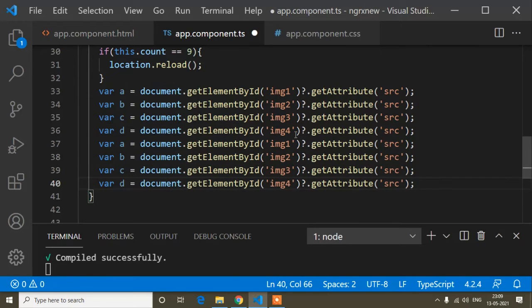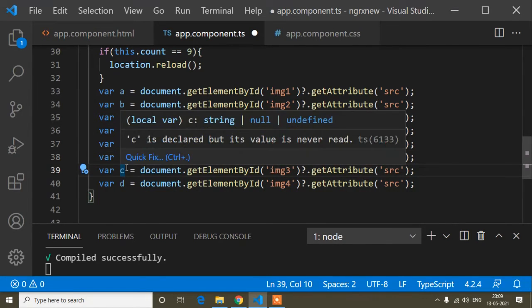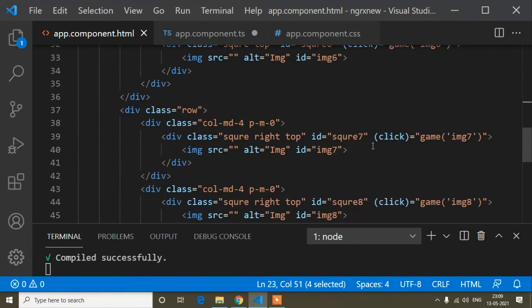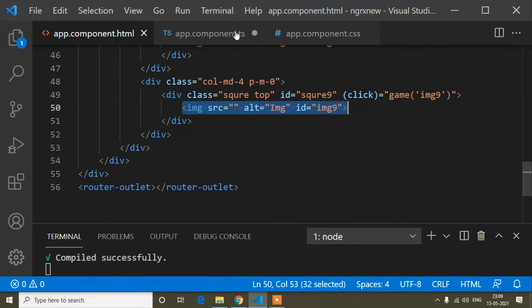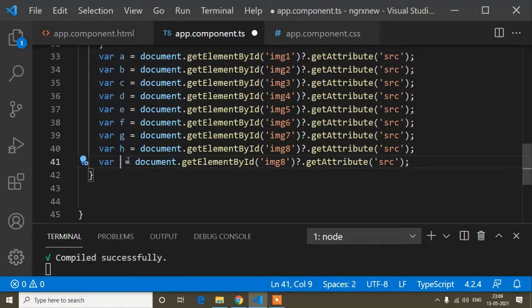So d here, now e, f, g, h, so id number 5, 6, 7 and 8, and here it's up to 9. Now you can see it's up to 9. So now here I have to write another one. H is now not the last one, the last one is i, and 9.